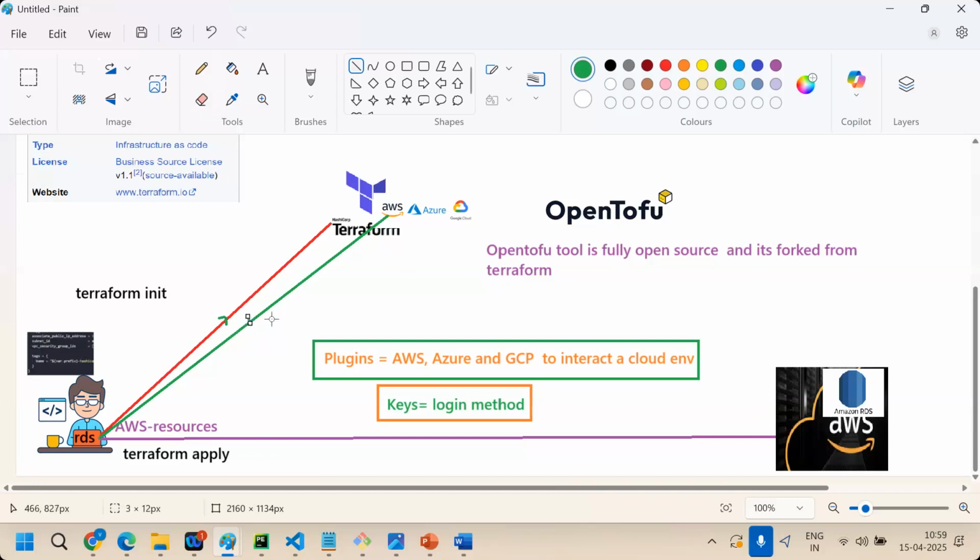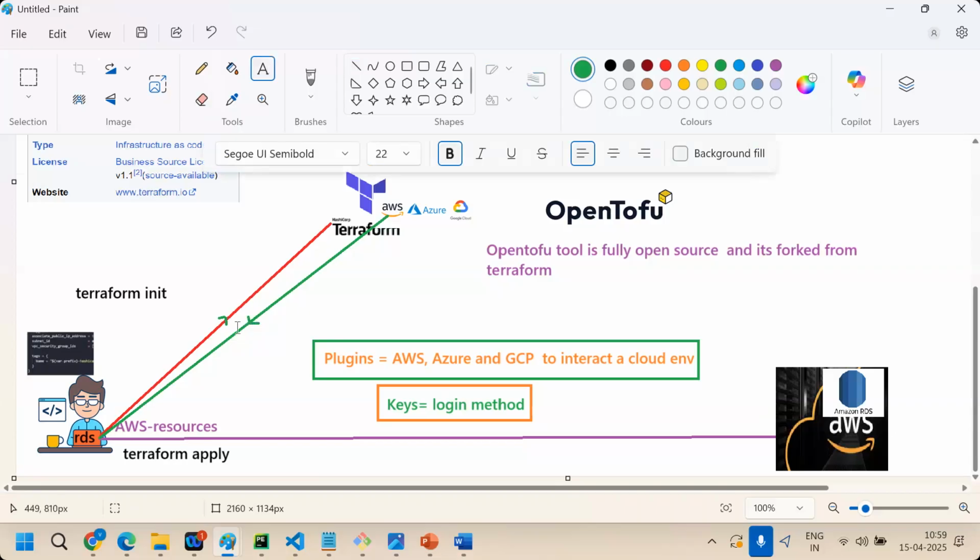We have one more command actually, terraform plan. It will give a plan. What is terraform plan? It will give a blueprint of what you are going to create. For example, RDS code is ready. When I run terraform init, required plugins will be installed into my working directory.